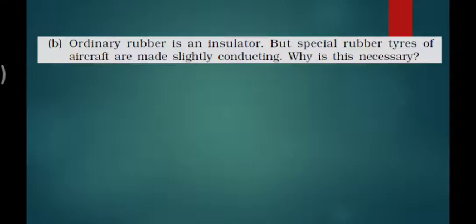If you use an insulator like ordinary rubber, sometimes charge leaks from the whole plane and can go to the tires, and if they are insulators, the charges stay on them. So electrostatic charges remain on them. When the plane lands on the ground, those charges are immediately transferred from the aircraft tires to the earth, and this immediate transfer makes a sharp